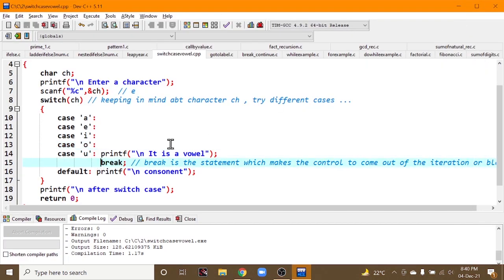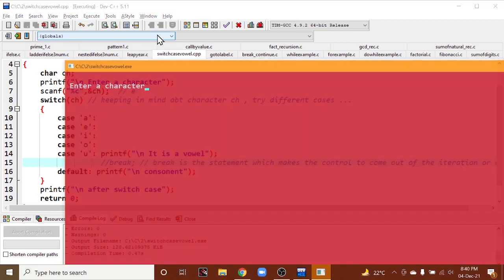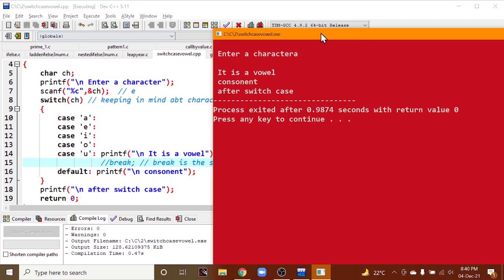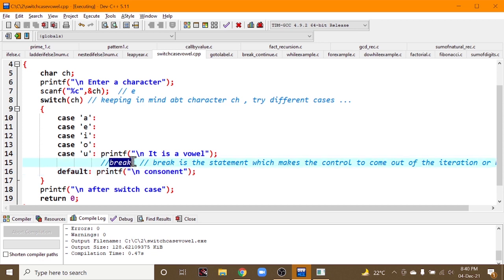Let us do some experiment here. If I keep this in a comment line and I'm executing it, let us say I have written A. So you can see it is a vowel and default will print. Okay, this default is being printed again. Nothing but there is no break statement between these two, so both will be printed simultaneously.